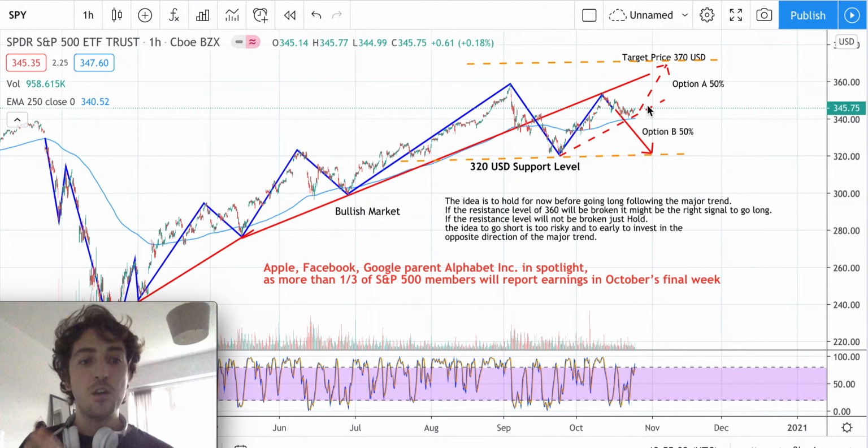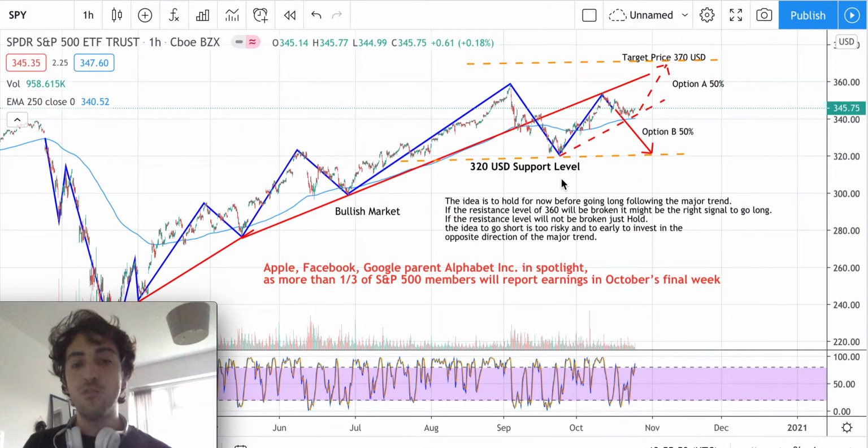This option A will be the chosen one. If all of them, some of them, or three or four of the five companies perform not very well and start going down, and the earnings don't give good news, the idea is that these prices can really go down to $320. So regarding the S&P 500, the best option now for long term and short term is just hold and wait